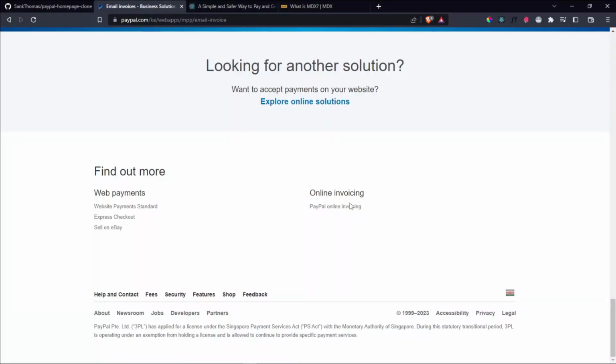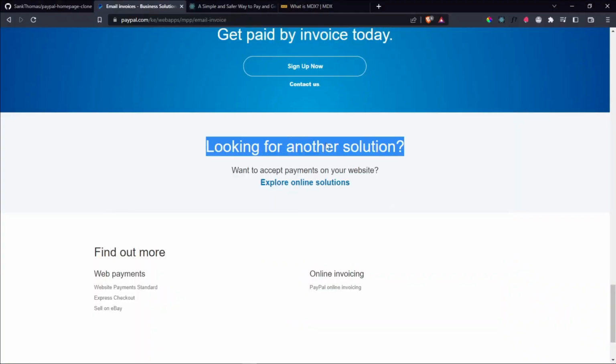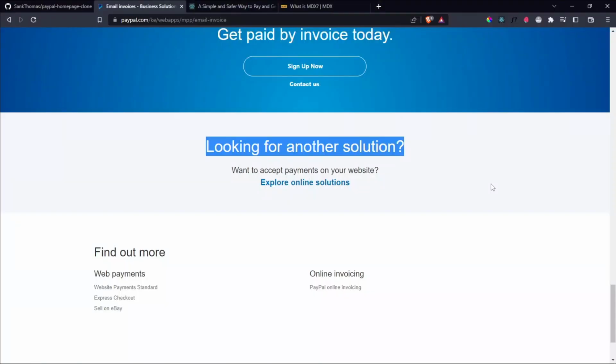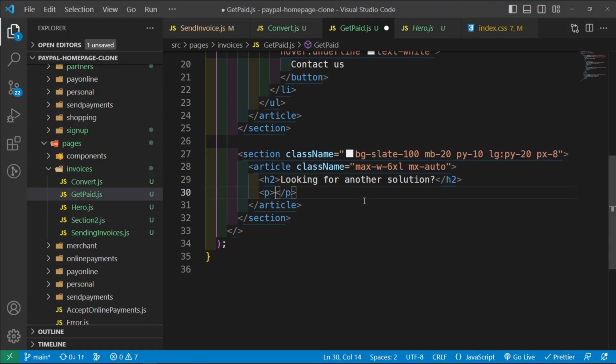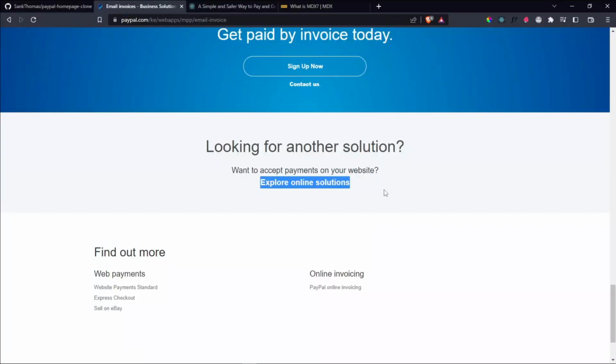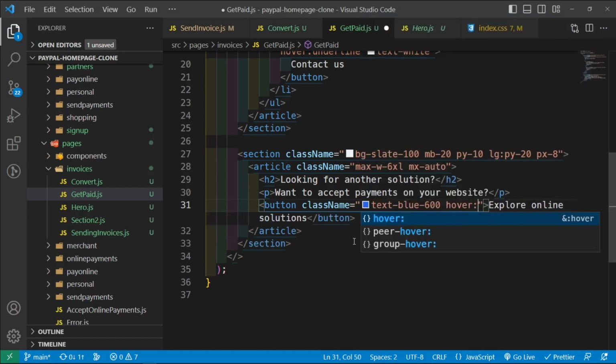Below this we are going to have an h2 that says this, so copy and paste, and then below this a paragraph that says this, and then below this paragraph we're going to have a button. I do realize that this is a link, but I'm creating it as a button, and then I'm going to style it to look like a link. So class name, text-blue-600, and then on hover we're going to have underline,